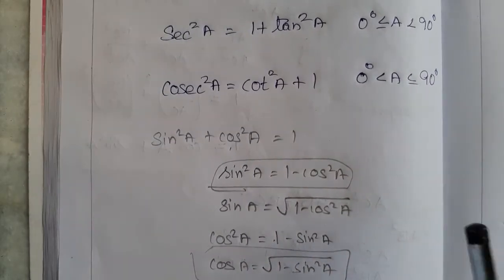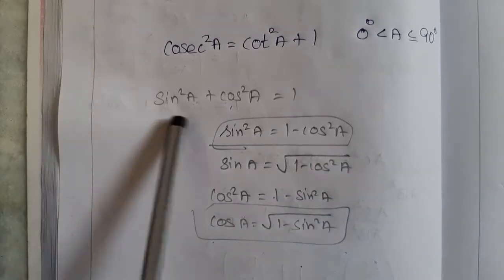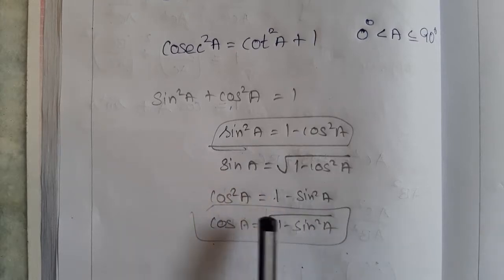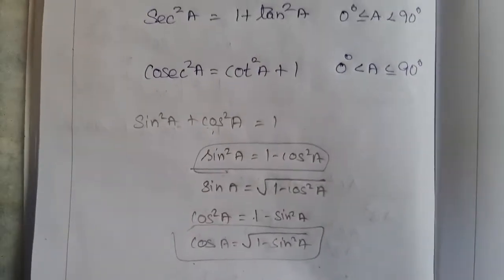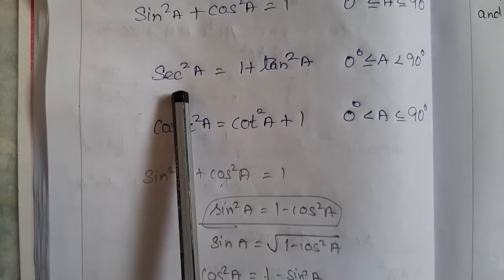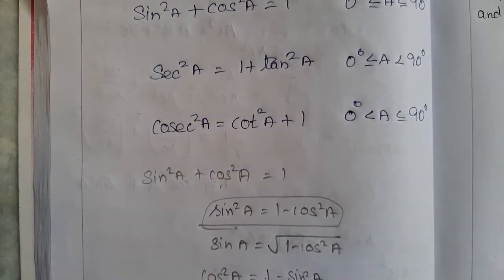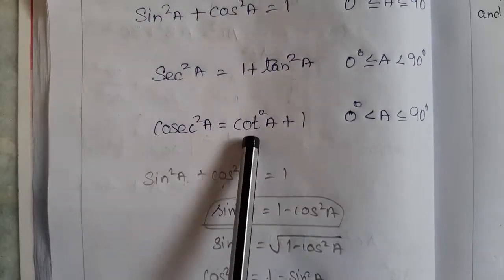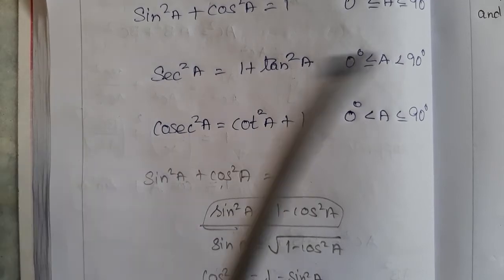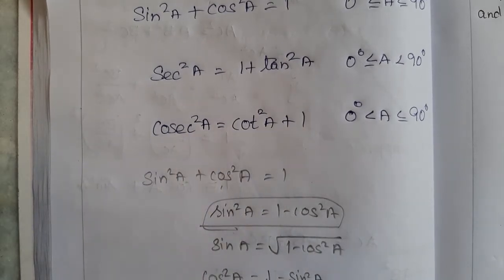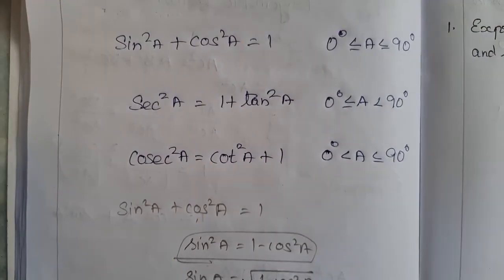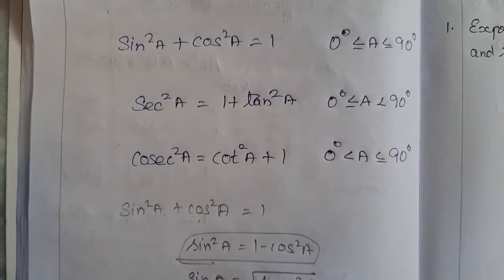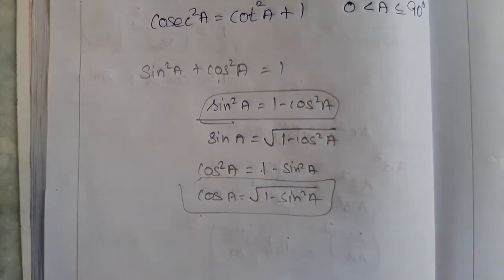So according to our need, we can derive from these identities. If we need a sin square value, we can derive sin A, and we can derive cos square A, cos A. The same way, from these we can derive tan square A, or only tan, or sec, or only cosec, or cot square A, which is cosecant square A minus 1. So according to our need for the problems, we can choose. Basically we will remember these things. With the help of these we can derive like this for our problem.